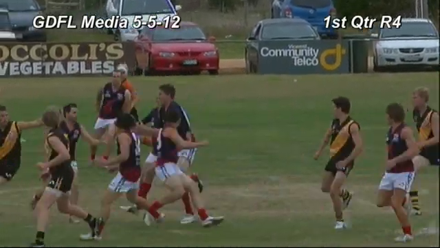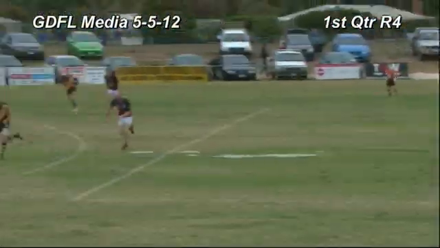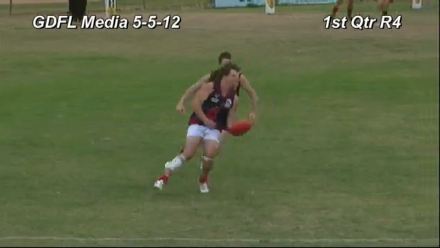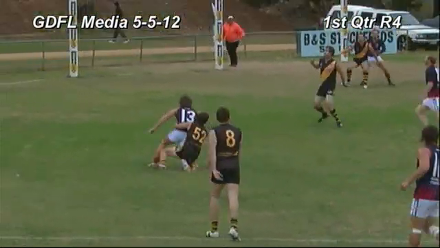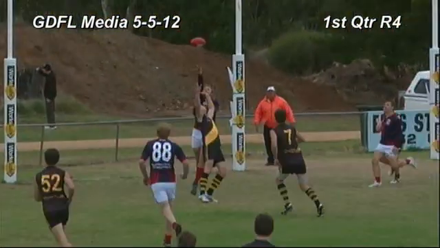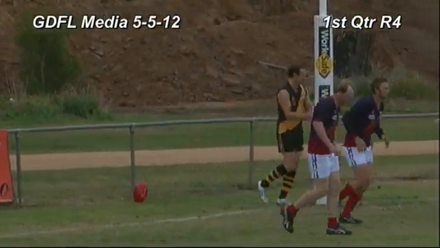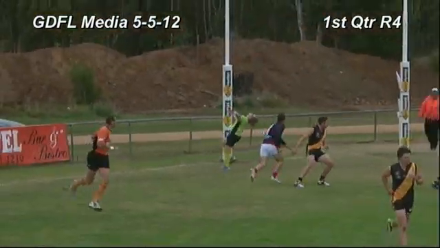Anakie under Wilson gets the tap out early doors. Kick to Anakie. Wilson ends up roving and then clearing his own ball. Goes down into the forward line, half forward flank for Anakie. Handball in ball to Berg. Berg snaps in, heading up forward, looking for Sluggett. Sluggett juggles it. He can't quite get it off hands, and it will run out of bounds there by Anakie